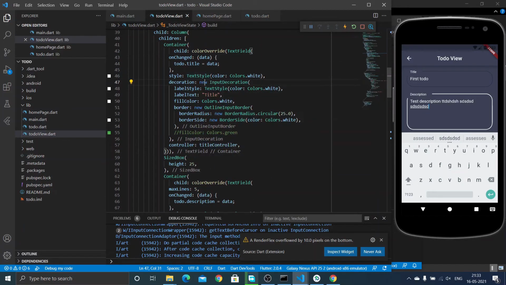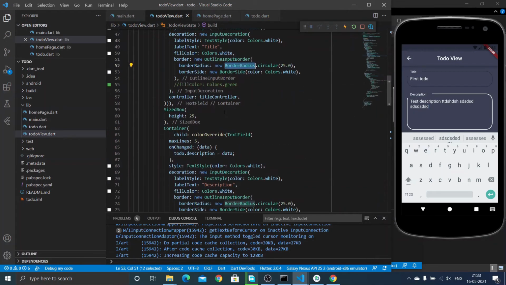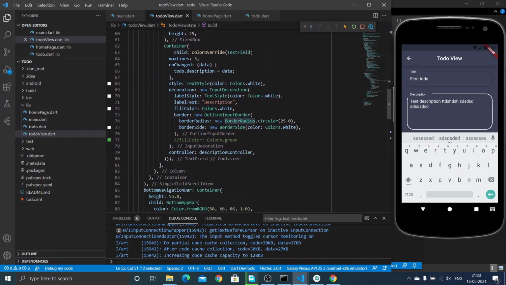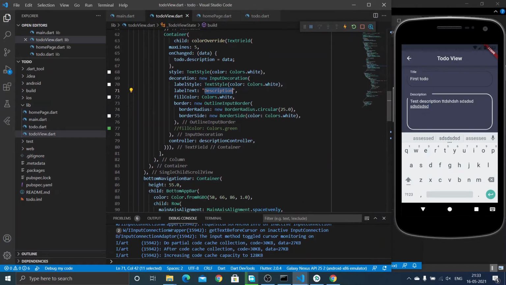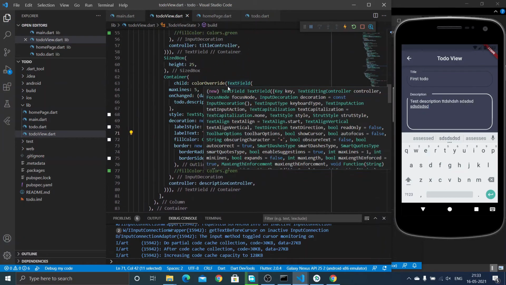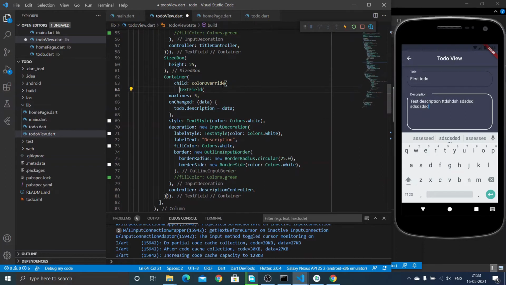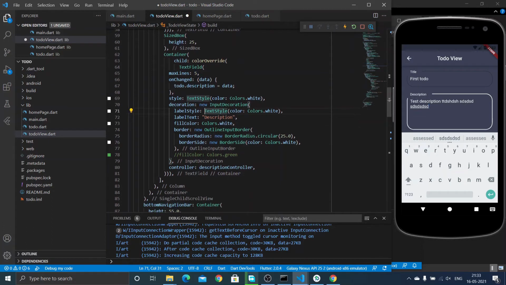Okay, then we have given some decoration to our text field, which includes an outline border and also the hint text. Same thing has been applied for the description case also. We have given the description controller and also given the label text as description, and we need a description box a little bigger. That's why we use the max line property. This property is used because we need a description to be a little bigger, not to be in a single line. Okay, that's why we use this property. Then that's all about the two text field. I think it's pretty simple.